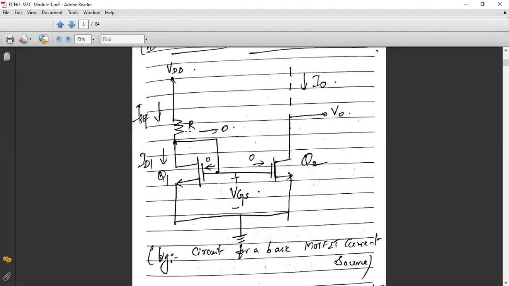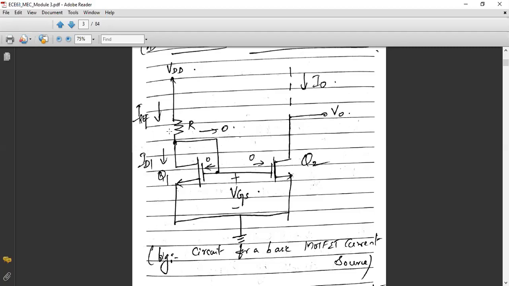Okay. So as you can see, there exists a perfect short circuit between the drain and gate of this MOSFET. Which means that there is no potential difference between these two terminals. If there is no potential difference, there is no current. Only if there exists a potential difference between two points will you get a current flow. So I can tell you, whatever the reference current IREF flowing through this resistance, the entire current IREF will be flowing through the transistor Q1 as well.